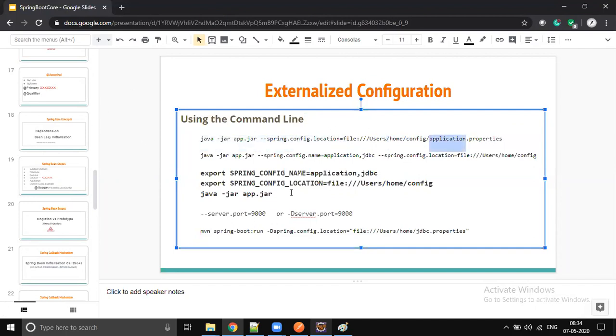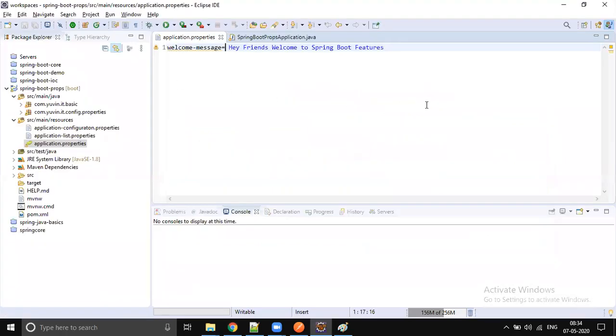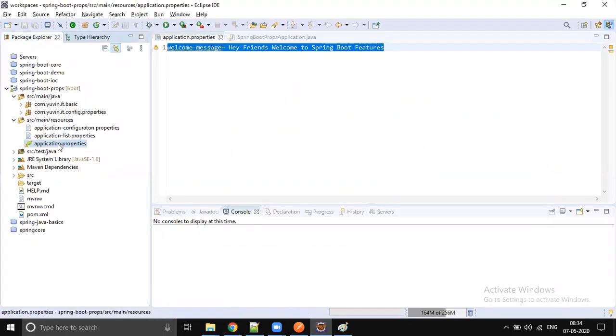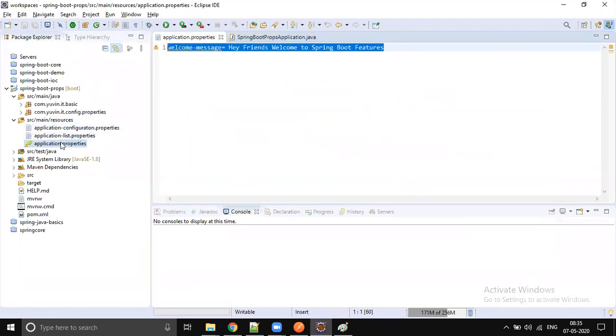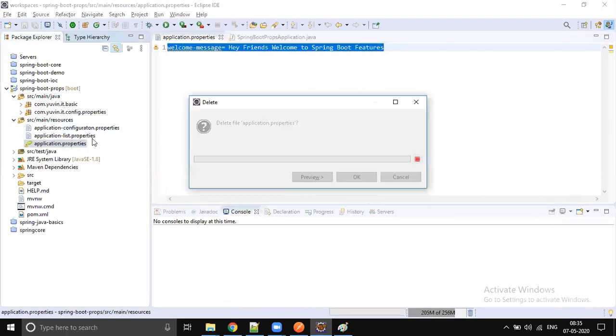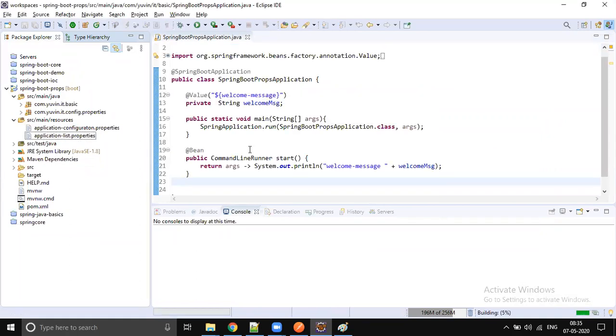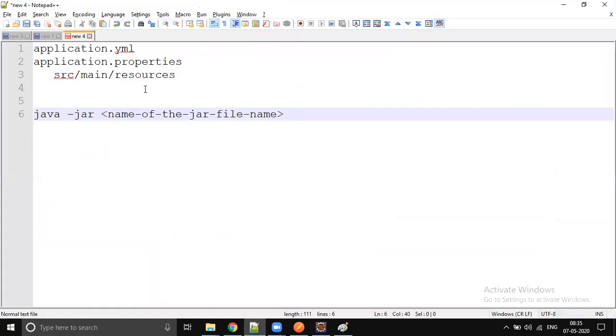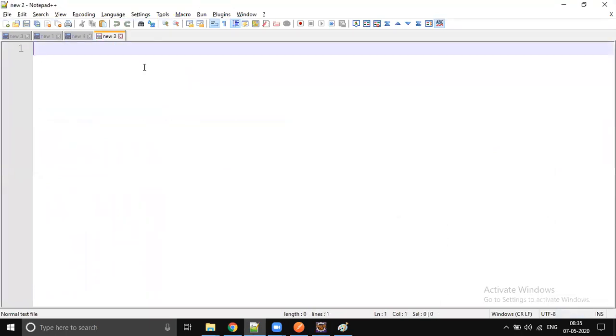For example, look at this example. Right now I don't want to keep this properties file inside my application, so I will delete this file itself. What I will do is put this file somewhere else in my system. So Ctrl+N.